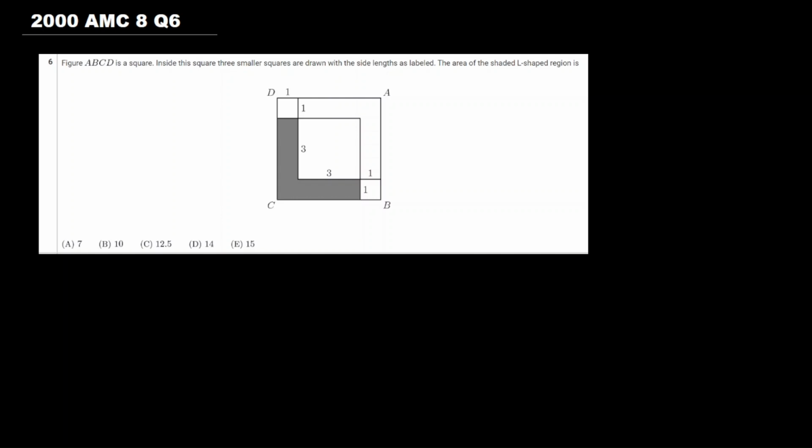So what we can do is, we can solve this through two ways. This is really one good way to solve it. You can take the entire area of the square, subtract out the smaller square, subtract out these two smaller squares, and then divide by 2, and